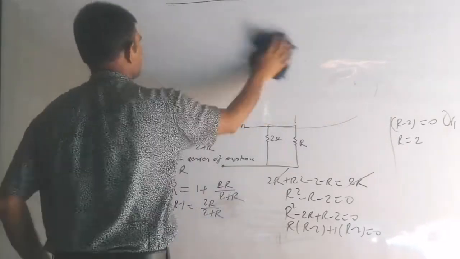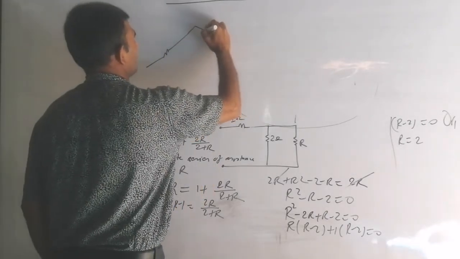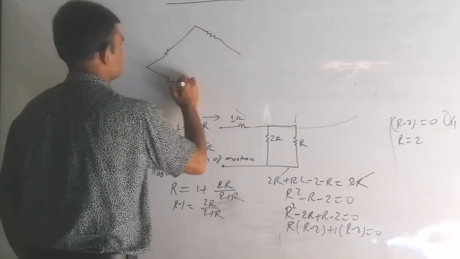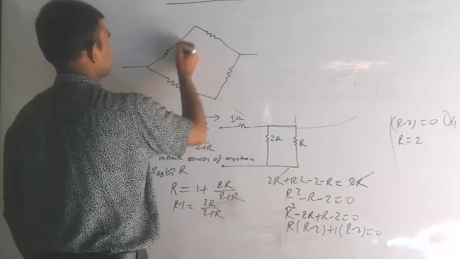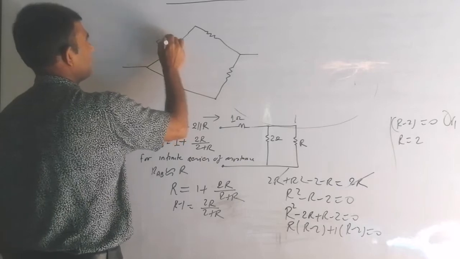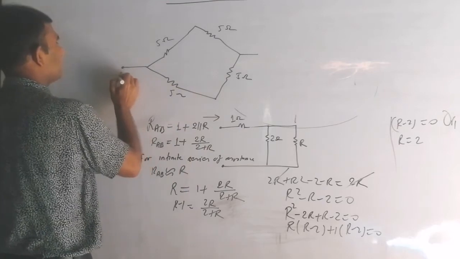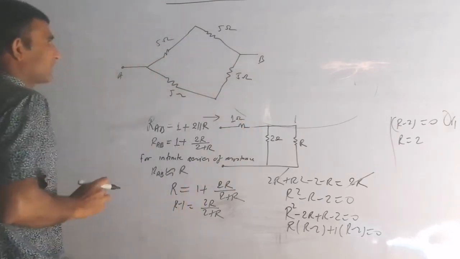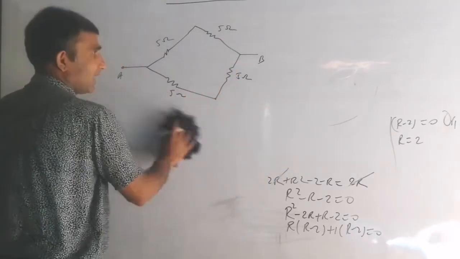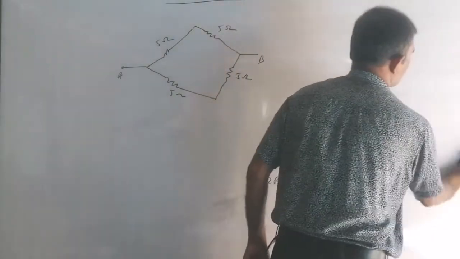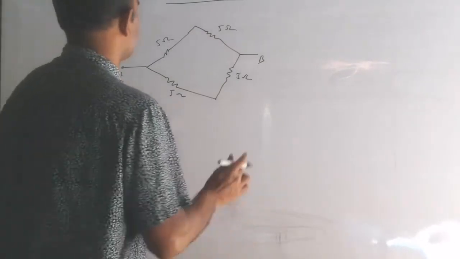Next question is a little bit... Let me check this. Okay, are you seeing this? Okay, and here, let me tell, this is 5 ohm, this is 5 ohm, this is also 5 ohm, and this is 5 ohm. And so what will be the resistance between A and B? Come on, you can tell fast. Are you trying or not trying? If not trying, then you will not understand this, and you are not going to solve the question by yourself. So if you try, then only you learn. It will be wrong, don't worry.